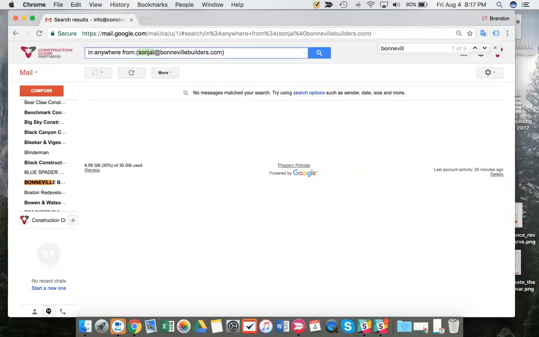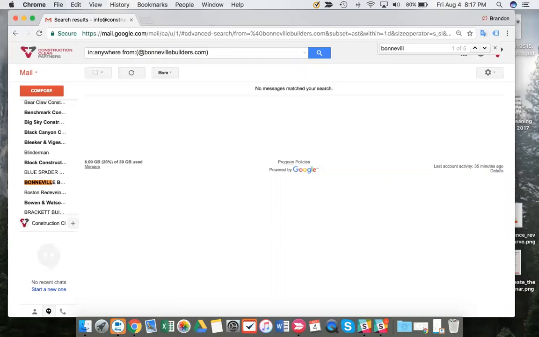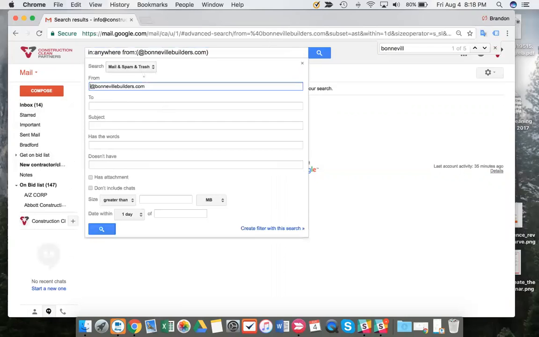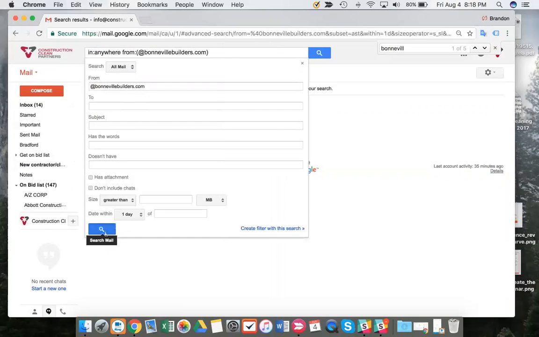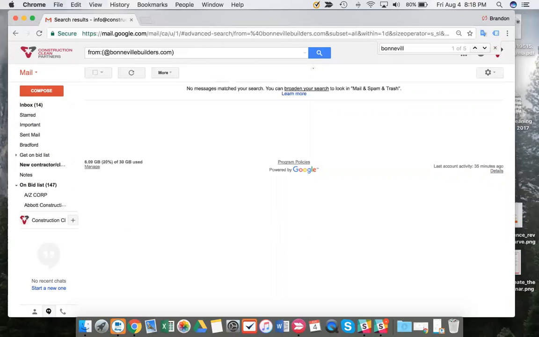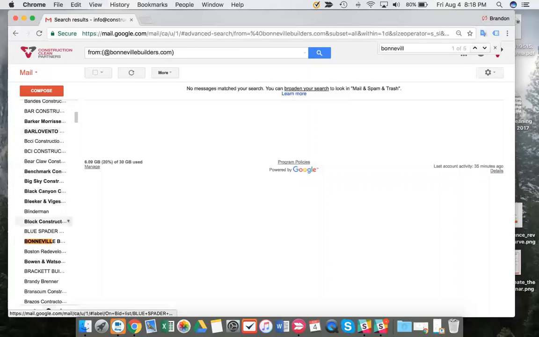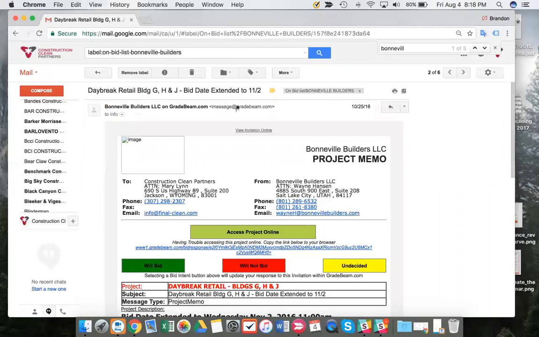Okay, so if I just search Bondville, and if I do a search for just Bondville, what are we getting here? I'm inside my filter. This is the filter here. I want to look at all mail, and I want to search. So I'm not sure what our filter is creating on. If that's not pulling up, our filter should be created on, well, looks like our filter,